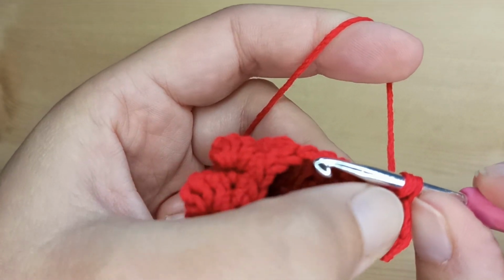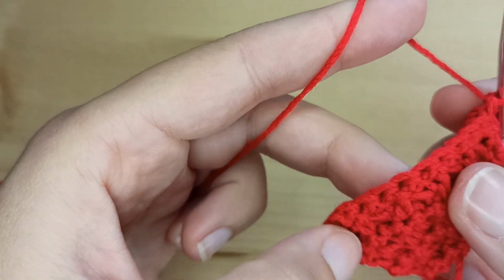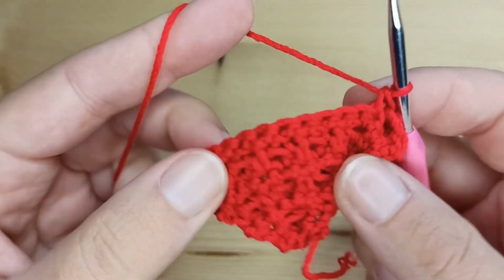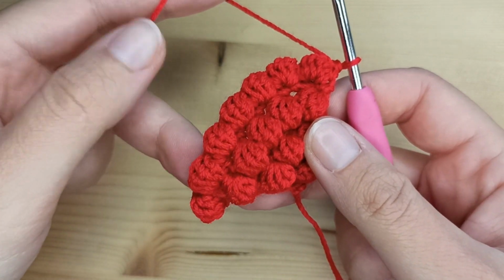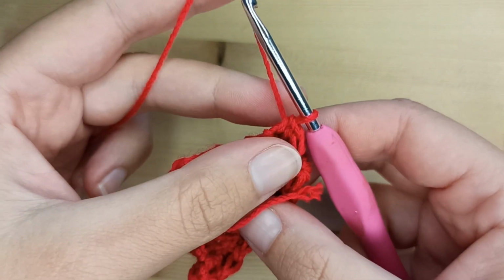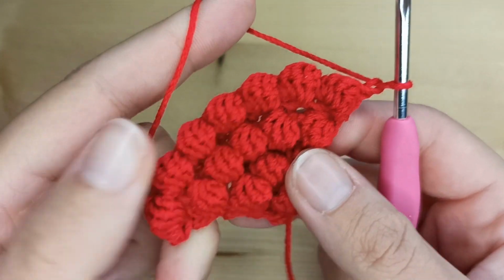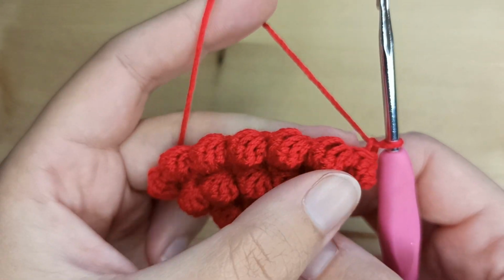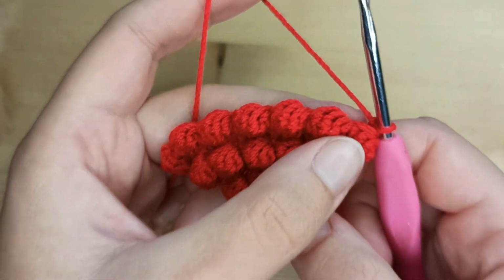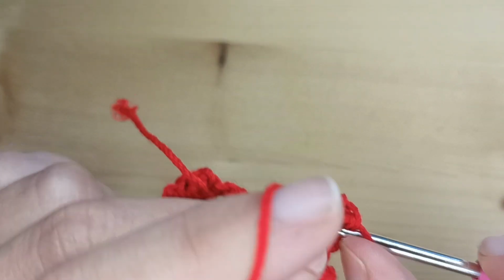So after this row number 8, we will have 15 stitches with 7 bubbles. So as you can see, here we have 7 bubbles. I just made my last single crochet, chain 1 and turn, and right now we will not increase anymore. So in this row number 9, we'll just make 15 single crochet, so just 1 single crochet in each stitch,